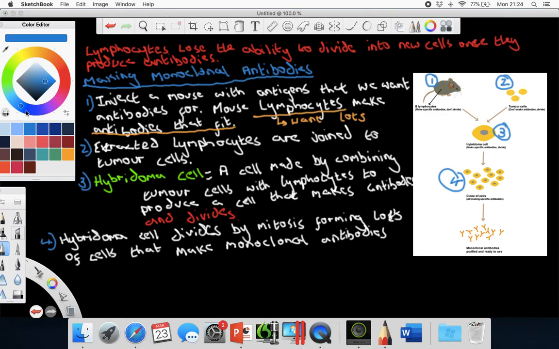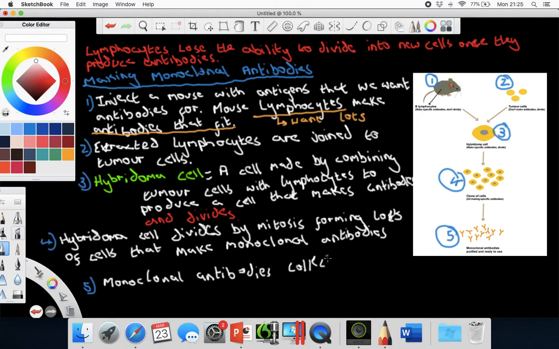Now these monoclonal antibodies are shown down here. Okay, so these are lots of monoclonal antibodies that are collected. So for the final stage here, number 5, we can say that the monoclonal antibodies are collected. Now these monoclonal antibodies, sorry about that, that should say collected. These monoclonal antibodies can then be used for diagnosis, they can be used in research, they can be used in